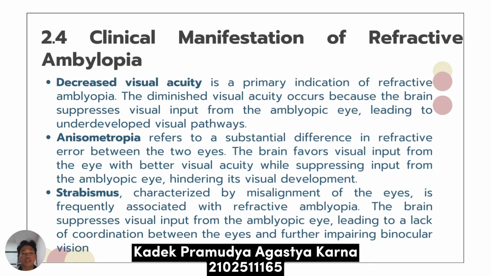The second one is anisometropia, that refers to a substantial difference in refractive error between the two eyes. The brain prefers visual input from the eye with better visual acuity while suppressing input from the amblyopic eye, hindering its visual development. And the last one is strabismus, which is characterized by misalignment of the eyes, is frequently associated